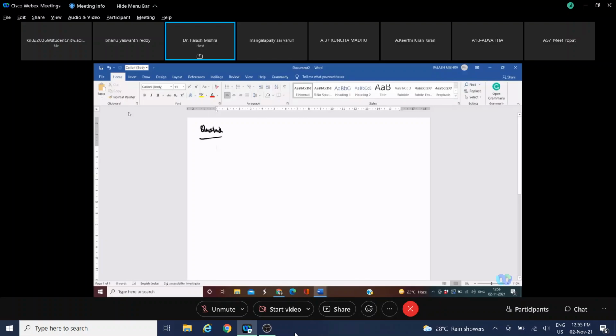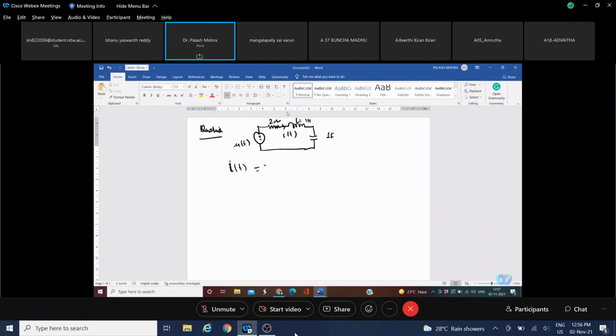So the question is this one: a circuit with a source, R, L, and the capacitor. The capacitor is 1 farad, and the inductor is 1 Henry. Resistance is 2 ohms. The input is ut, and the current that is flowing in the circuit is it. So you have to find the value of current it in the circuit.